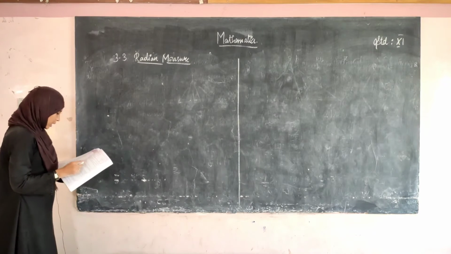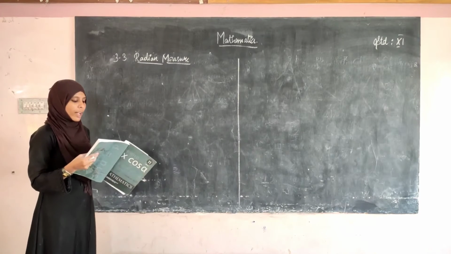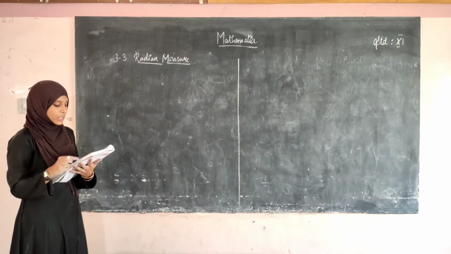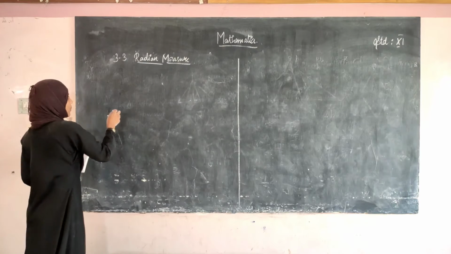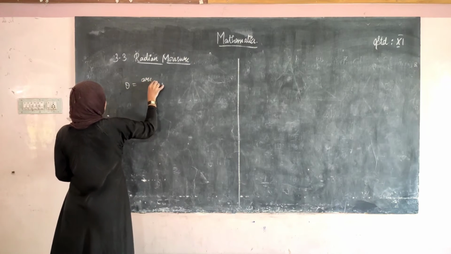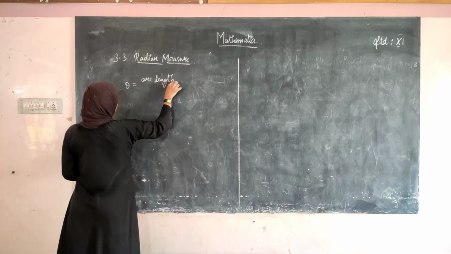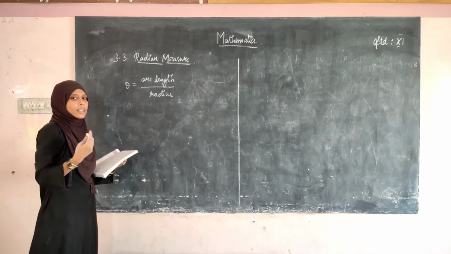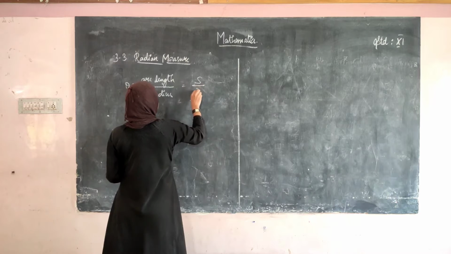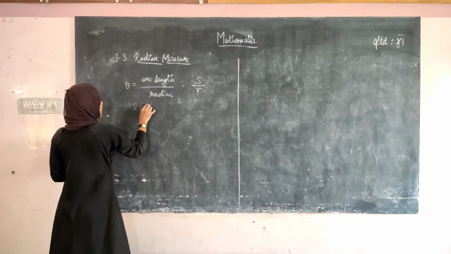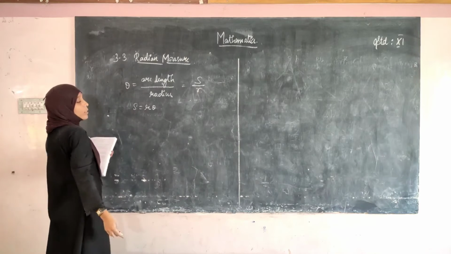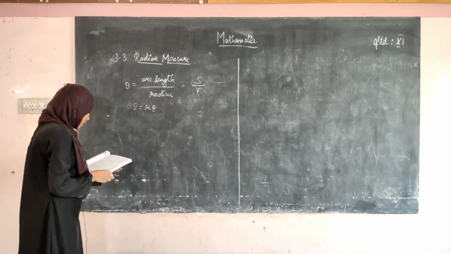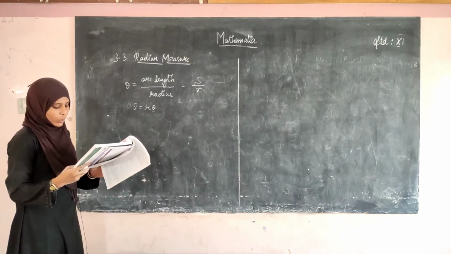Okay, so see here, definition 3.1: the radian measure of an angle is the ratio of the arc length it subtends to the radius of the circle in which it is the central angle. So theta is equal to arc length divided by radius. The arc length can be given by L or S. Let us take S divided by R, the radius, therefore S will be equal to R into theta. So the arc length is R into theta, where theta is the angle and R is the radius.